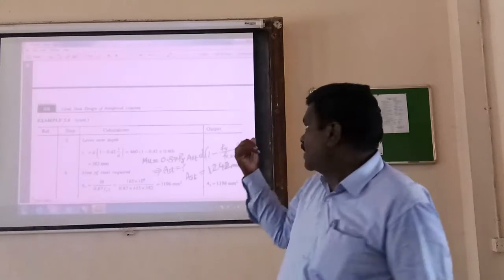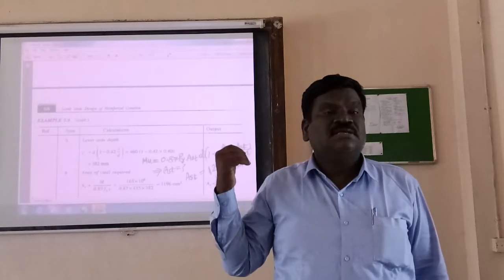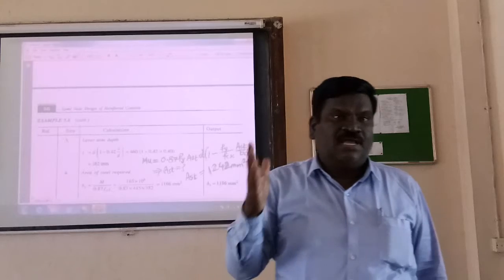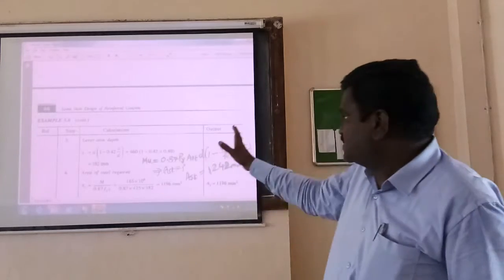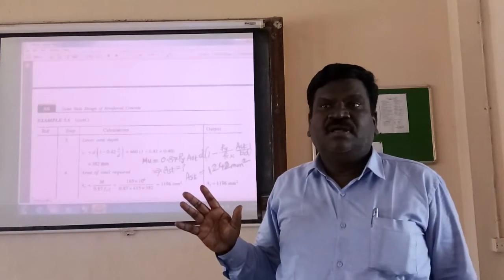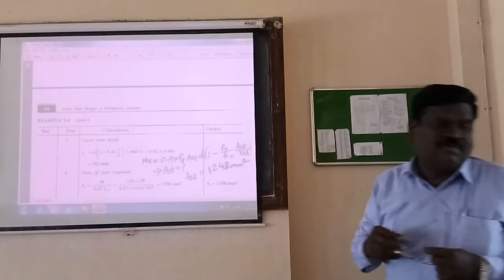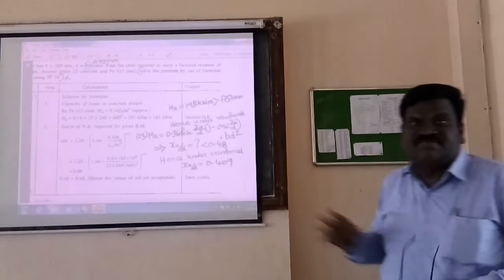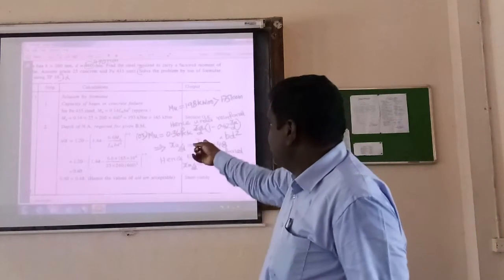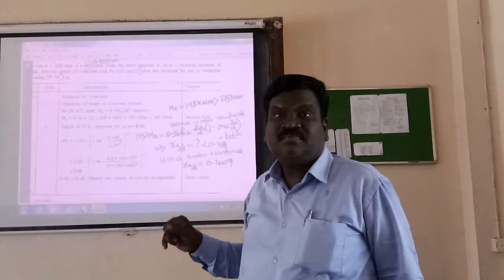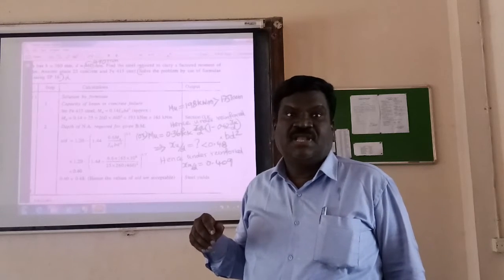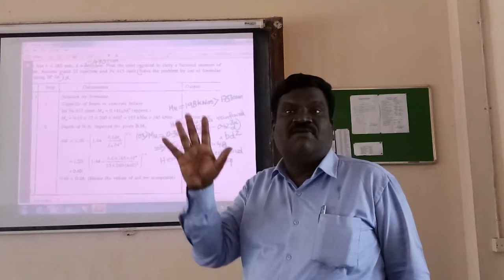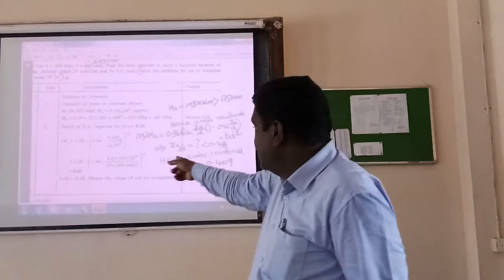Okay, this formula Mu equal to 0.87 fy is available in Annex G of your IS 456. In IS 456 Annex G this expression is available directly. But in this textbook this work is also verified. This is not necessary for you, this is additional information. The author computed x by d of the given beam, and then using that x by d, he computed the lever arm, and then he determined AST.